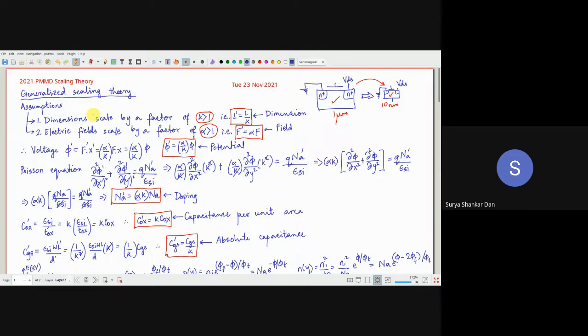What I was emphasizing so much is that there is a theory involved during scaling. It's not just that you are simply reducing the dimension. Your device will never work. So what we are essentially looking for is that the device, definitely we will scale. Okay, give me a minute.